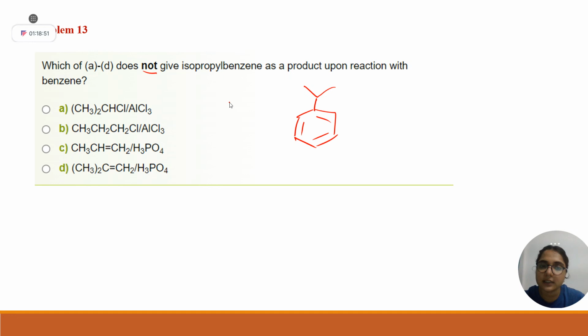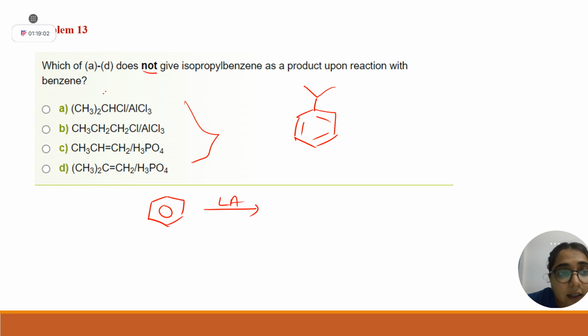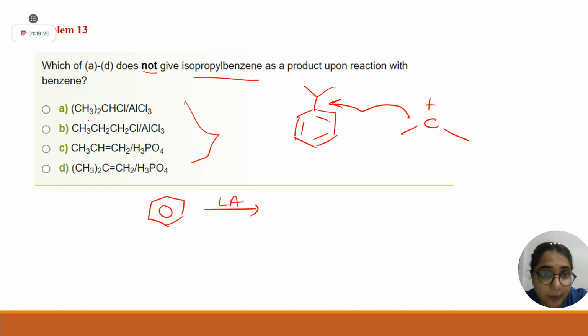So students, they are having benzene as the starting material, a Lewis acid and these moieties. They are asking which option will not give isopropyl benzene as a major product. So start solving, I am also solving. If you look at the first option, the active electrophile is CH+CH3, and it will lead to formation of this. So option A can give isopropyl benzene, but as the question asks which does not give, option A is incorrect. Yes or no?